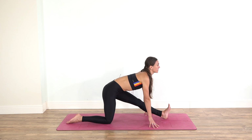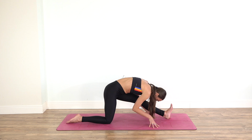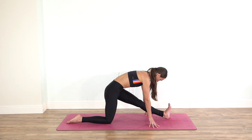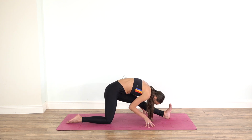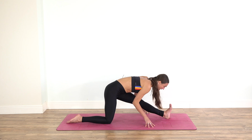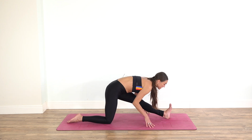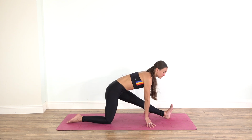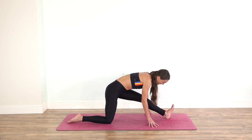Inhale, lift through the heart. Exhale, fold. Inhale, lift, engage the glutes, lift through the kneecap, engage the quadricep. Exhale, fold. Inhale, lift. And exhale, fold. Inhale, lift. And now micro bend the left knee, press the heel into the mat, and roll the foot to